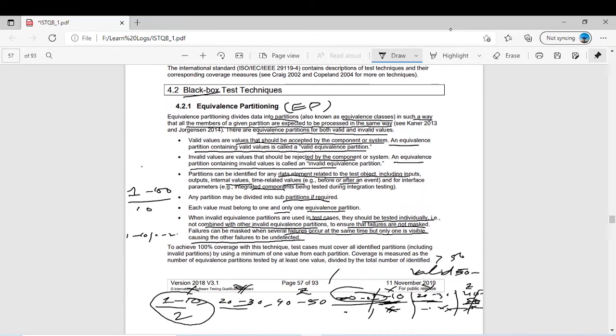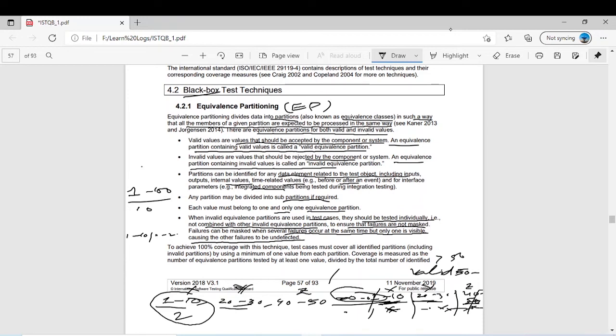Normally, if you are a developer developing something, sometimes through the compiler or your IDE you come to know about an error, and if you remove that error, the next error will come. That means the first error was actually masking the next error. So if you remove them one by one, then you will unmask the errors. Whenever you are testing invalid values, test them individually. It is a very important tip.